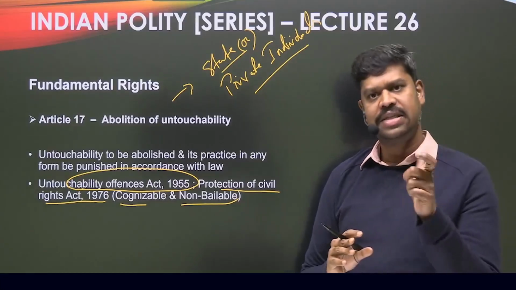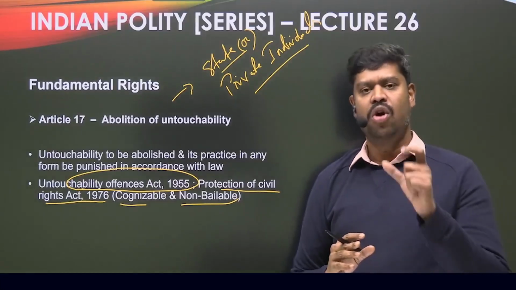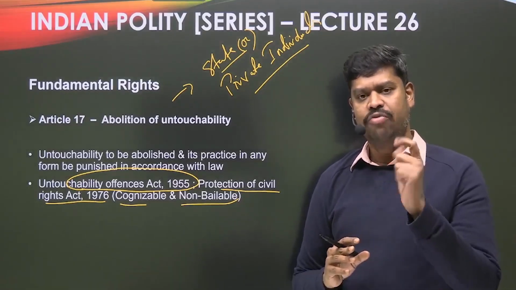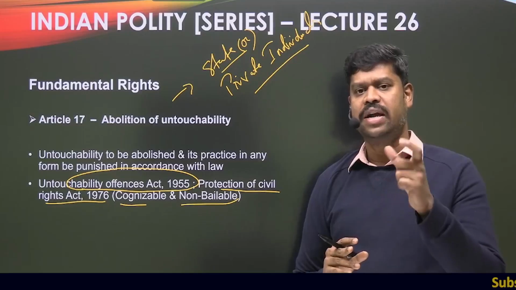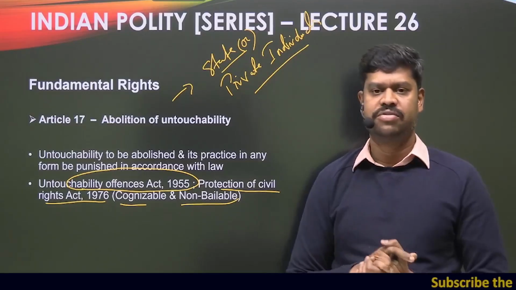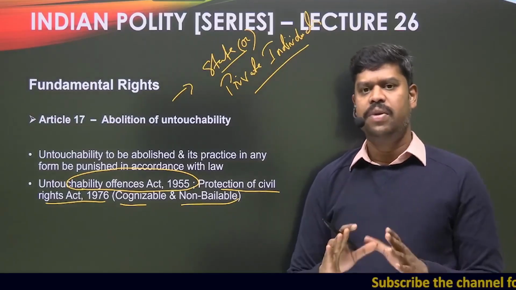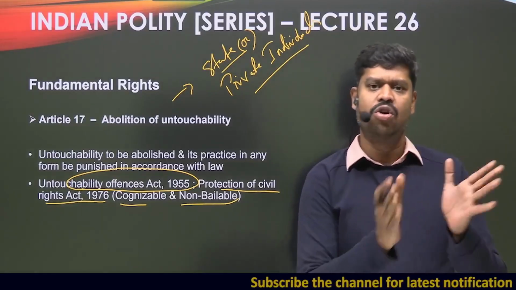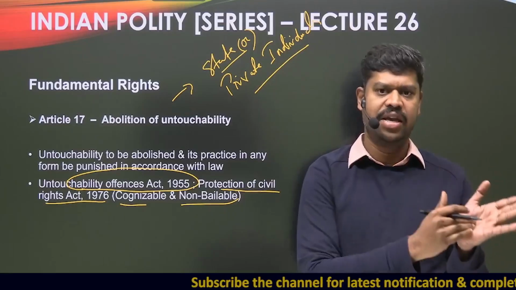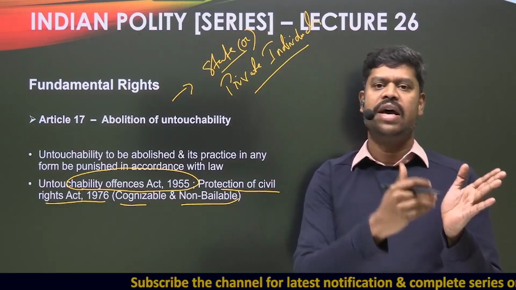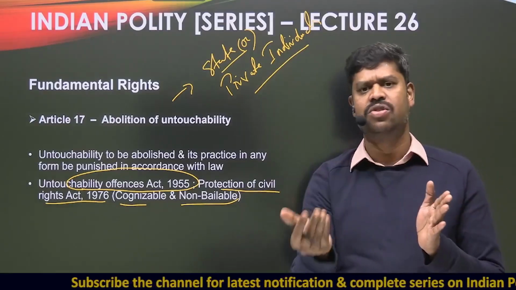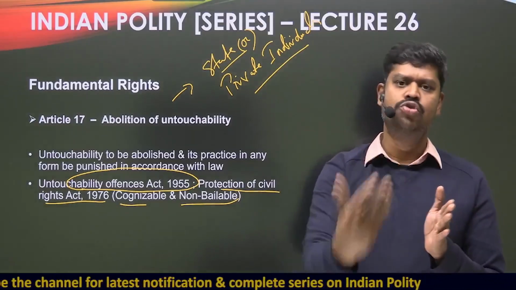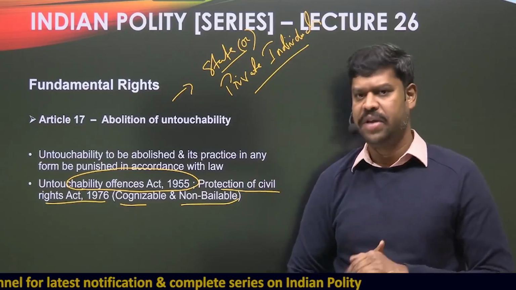Now what do you understand by a cognizable offence? Cognizable offences are those offences where the law enforcement authority or the police can arrest you without a warrant for the commission of such an offence. Normally the police cannot arrest an individual without an arrest warrant. Basically, that is a non-cognizable offence. That means in this case the police cannot directly take cognizance because the offence is not so serious. So if directed by the court and if the court issues a warrant, then only the individual can be arrested.